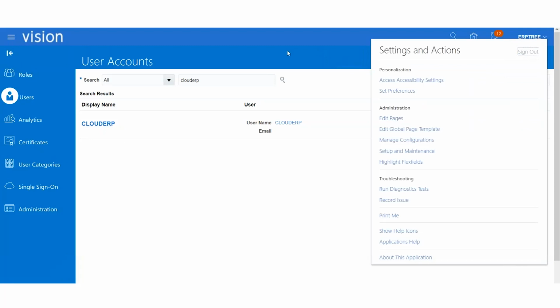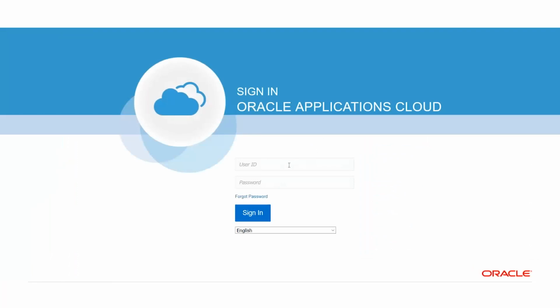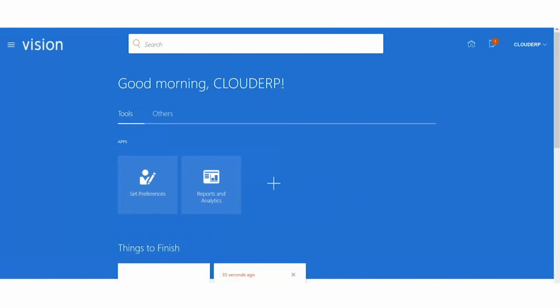Let's log out and log into the instance as a cloud ERP user. Now we are connected to the instance as a cloud ERP user.